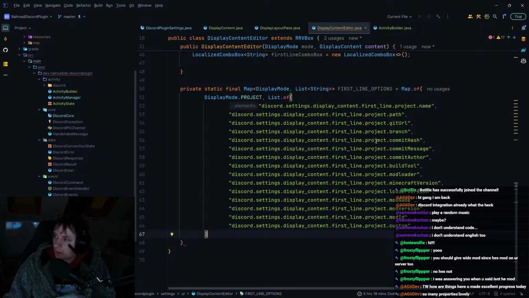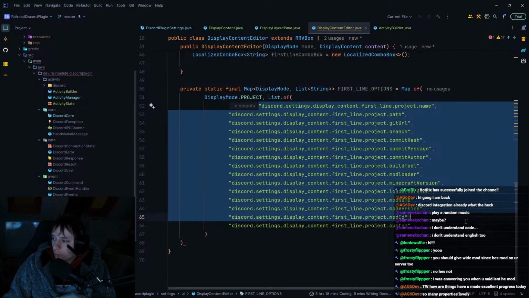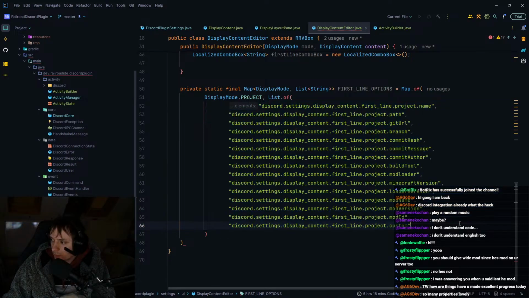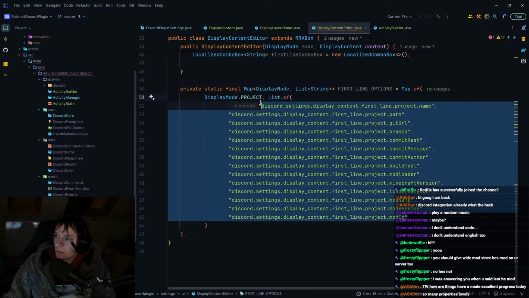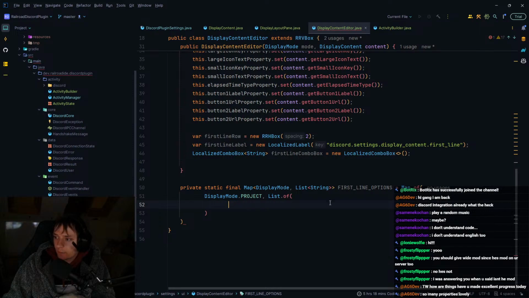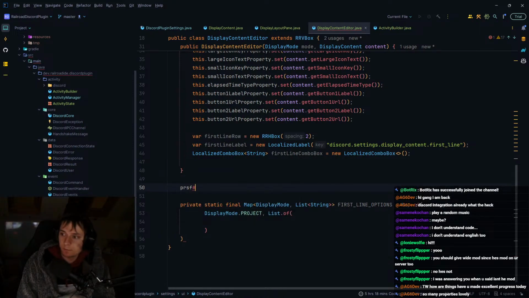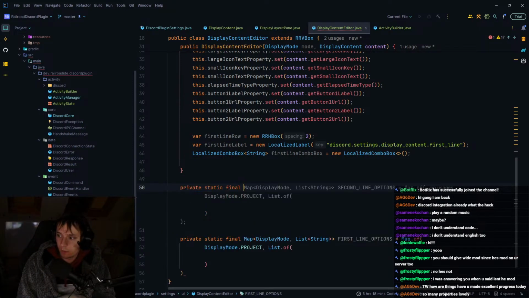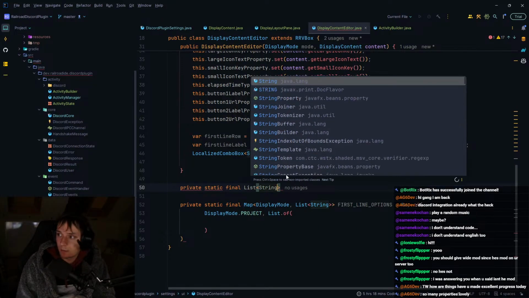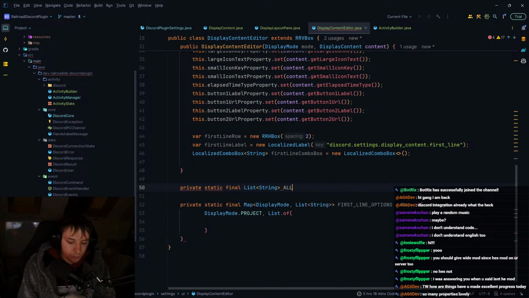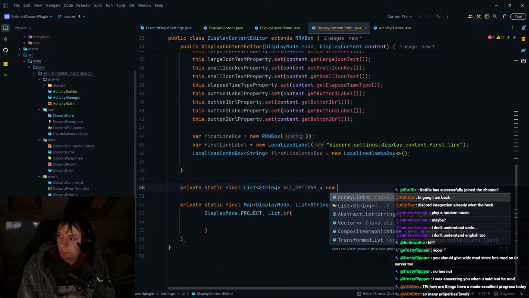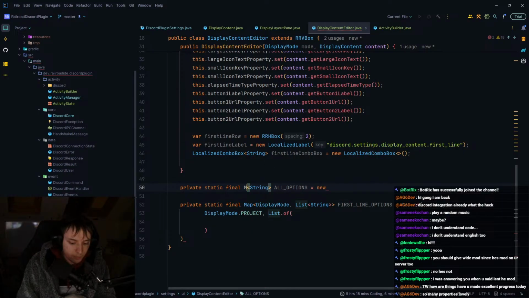Oh, wait, I just realized I've kind of been doing this wrong. Yeah, okay. I put in here all of the options. These shouldn't be all of the options. Okay. So I should have a private static final list of string, all options. No, it should be a map of a string to a string is equal to a new